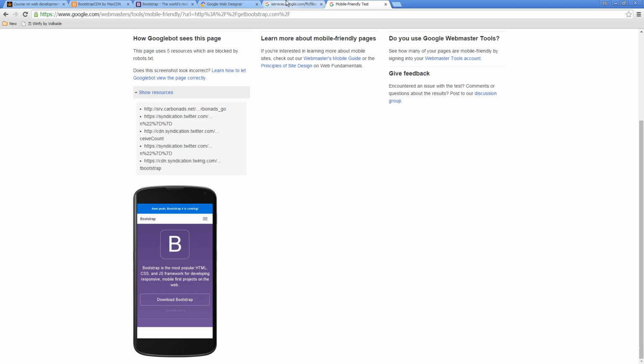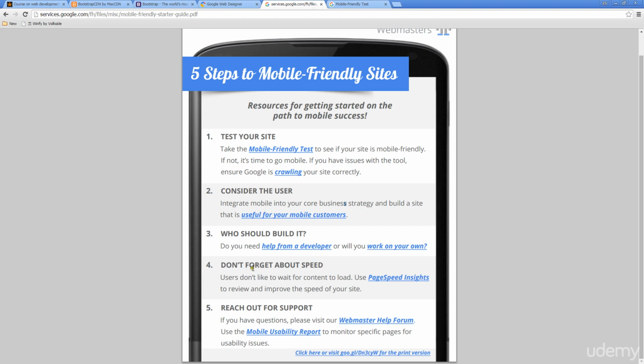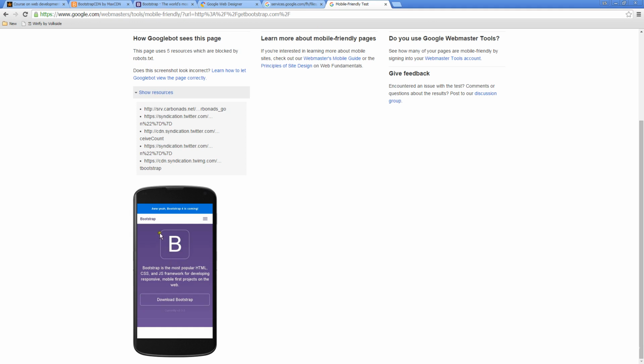So you don't want to have users coming to your website and bouncing from the site if they don't really understand what it's about, or if there's a lot of download. So again, this comes down to speed. Speed is important. They have another link out here to check your page speed, your load speed. So that's another important thing for mobile, to make sure that your pages are loading quickly and that you're not overloading the content, overwhelming the content, and that your page isn't cluttered, your images and everything resizes properly